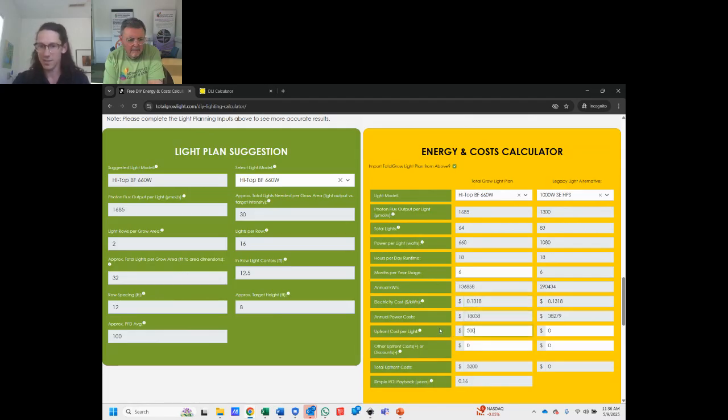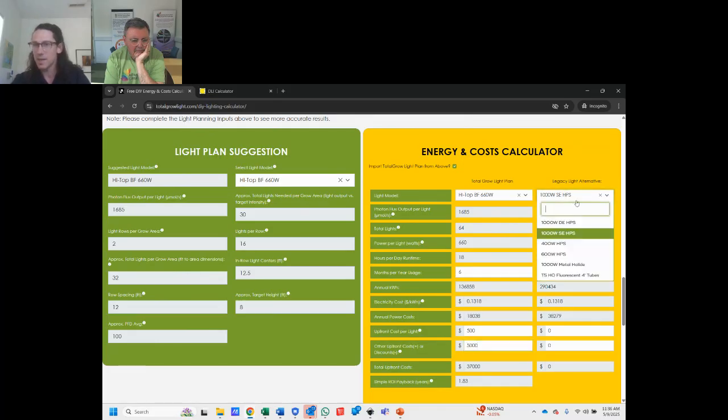And then we can stick some other values on here of, say it's $500 per light, and on the project, maybe you've got $15,000 in electricians and infrastructure, but a $10,000 utility incentive. So maybe we need $5,000 extra on there. And if we want to compare it to 1,000-watt high pressure sodium to see what would be a more legacy light equivalent, again,